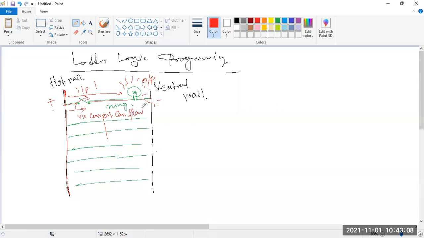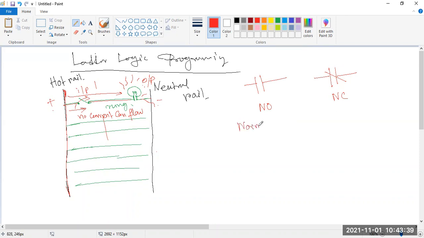Now, prior to going to the ladder logic, you have to know some symbols. Look, the first symbol is NO, that is called NO. Two plates are there, looks like a capacitor, but it is called NO. And just like this but crossed, this is called NC. NO means normally open, and NC means normally closed.